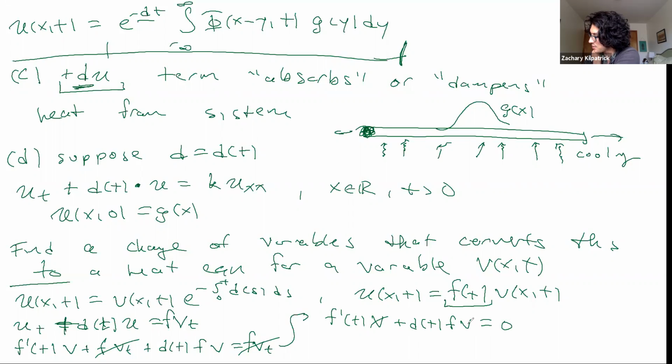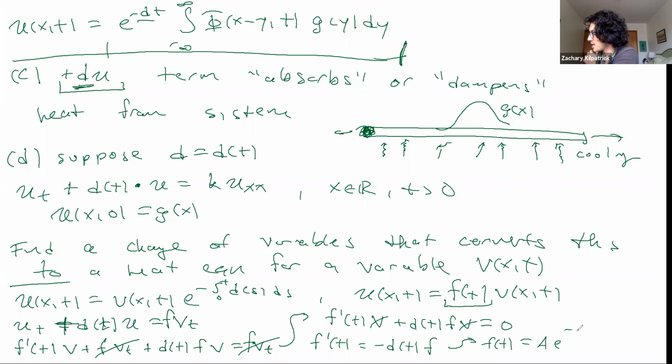I can cancel the v's out now, and I get f prime of t is equal to minus d of t f, right? And then using separation of variables, you can break this up, and the solution that you get from this is that f of t is equal to some constant